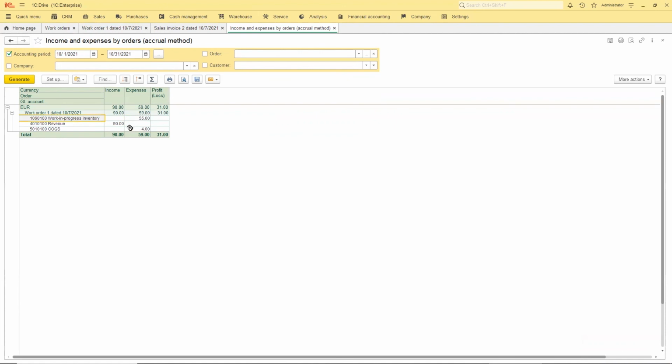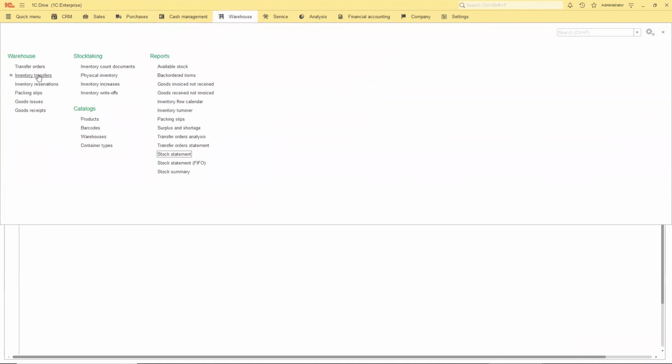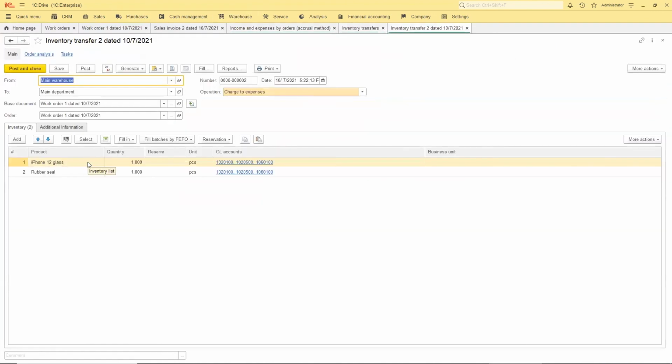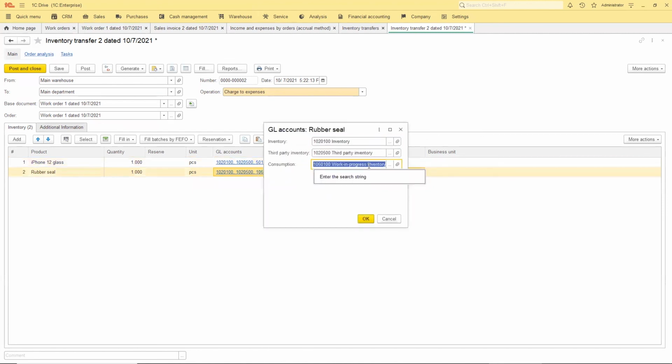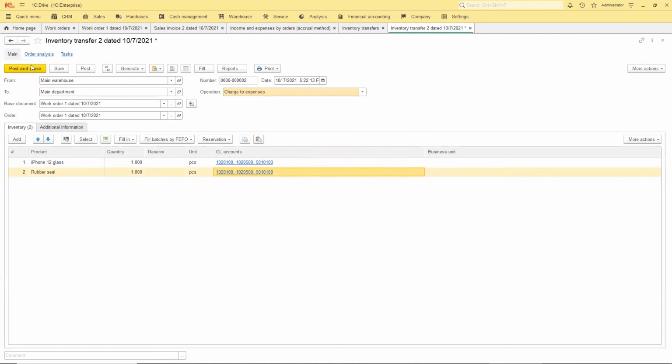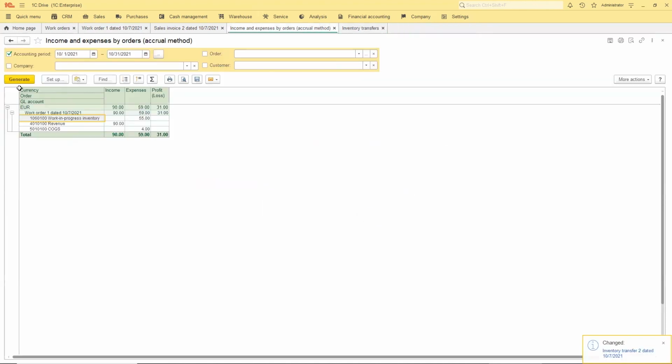I'm sorry, just a second. Inventory transfer. We have to set up another account in here. We have to set up COGS actually. I'm sorry about that.